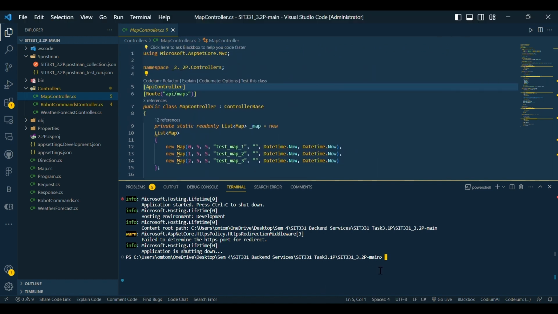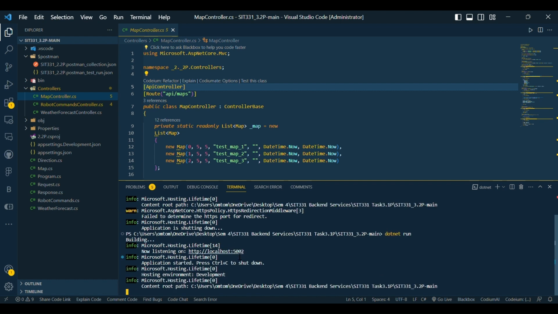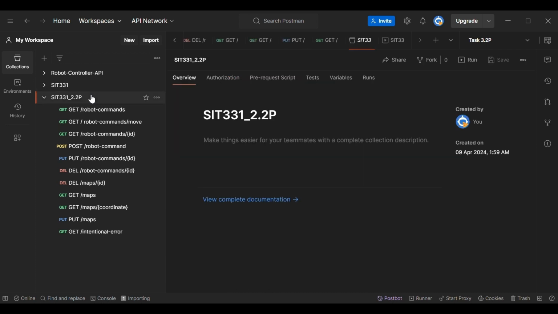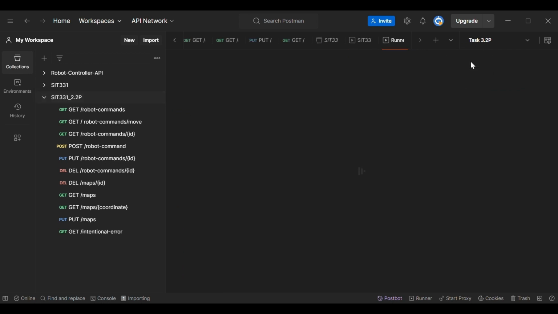Now, if we want to see a full web API implementation in action, we have to run this code. After building, as you can see, we can view the site by Control-clicking, but I will show this in Postman. So let us switch to Postman now. As you can see, this is our connection for Task 3.2P, which was connected to the backend. If I run this connection,